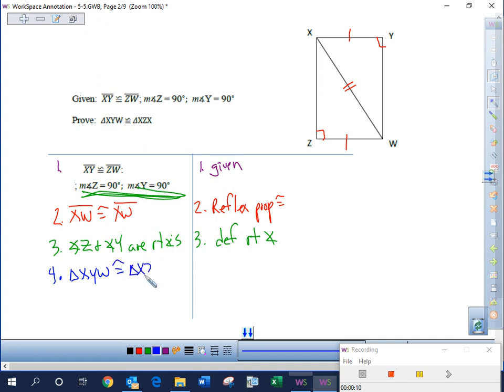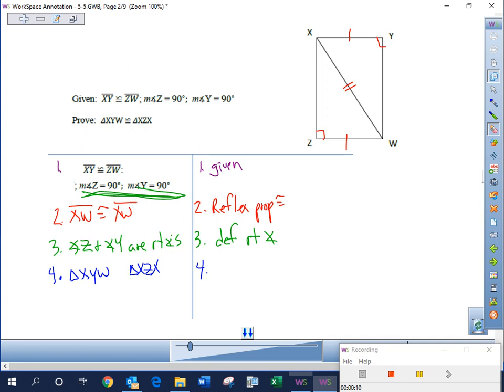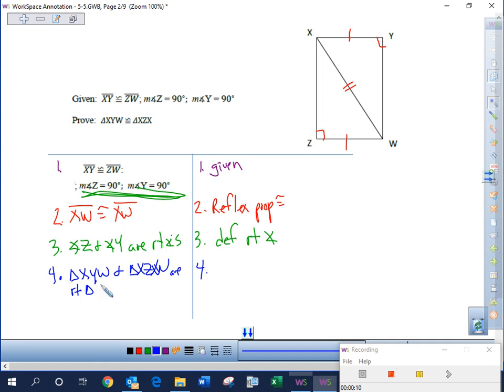They told me the names of the two triangles, so I'm going to just steal that. Oops, I didn't want to say they're congruent. Sorry, I'm not thinking about what I'm writing down. I'm going to say that triangle XYW and triangle XZW are right triangles by the definition of a right triangle. So cool, I need right triangles to do hypotenuse leg. I now have it. I also got my reflexive property in there with that shared side, so I can go ahead and do step 5, which says that the triangles are congruent